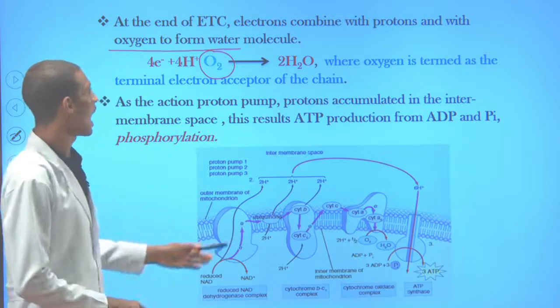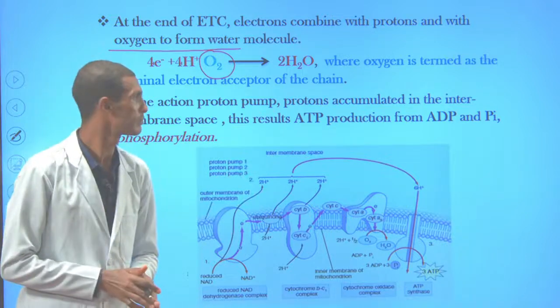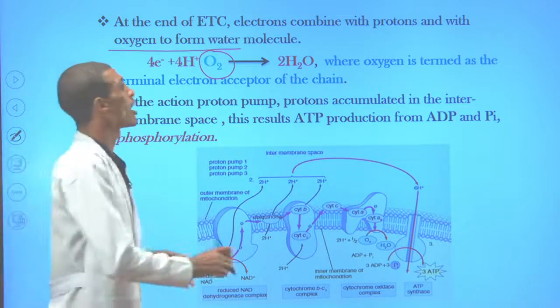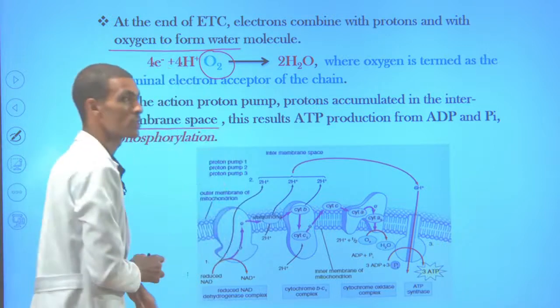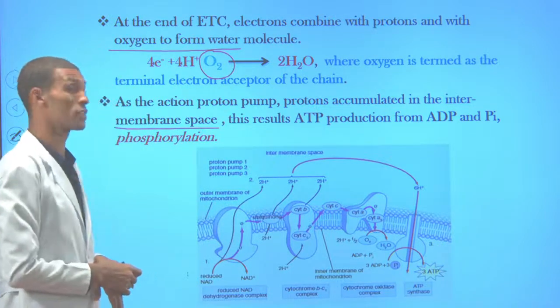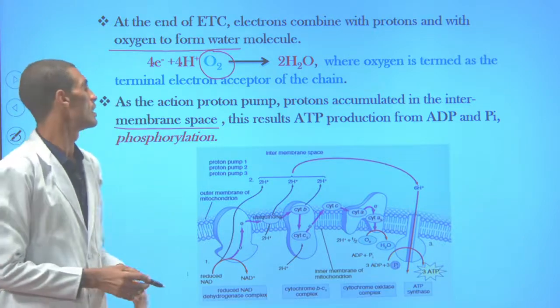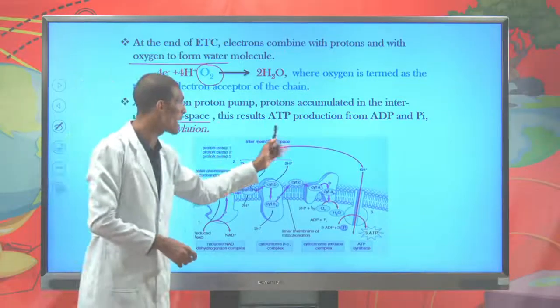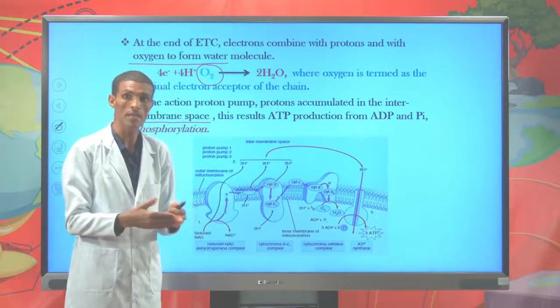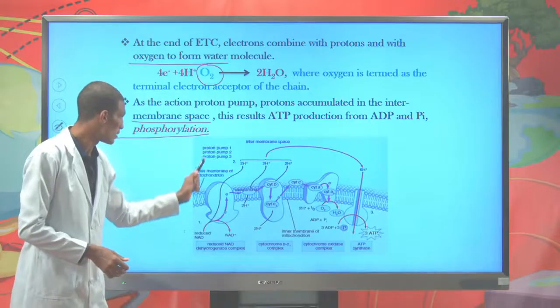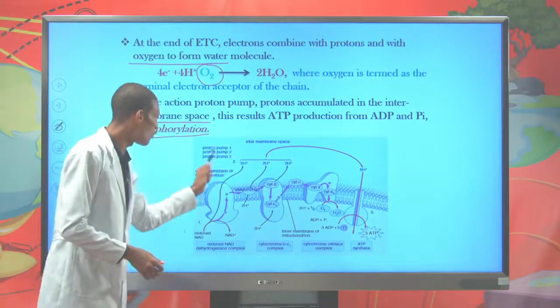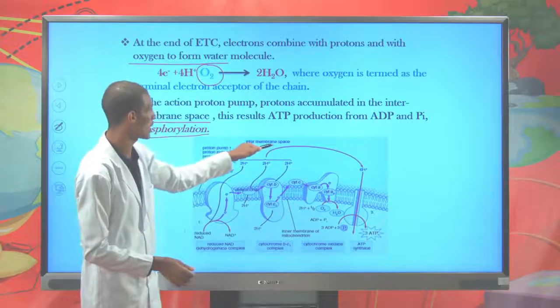So here, as the action of the proton pump, protons are going to accumulate where? In the mitochondrial inner membrane space, where ATP synthase is found. This is the reason for the binding of ADP and inorganic phosphate, which is the reason for phosphorylation. So here, there is a proton pump from the outer mitochondrial space to the inner mitochondrial